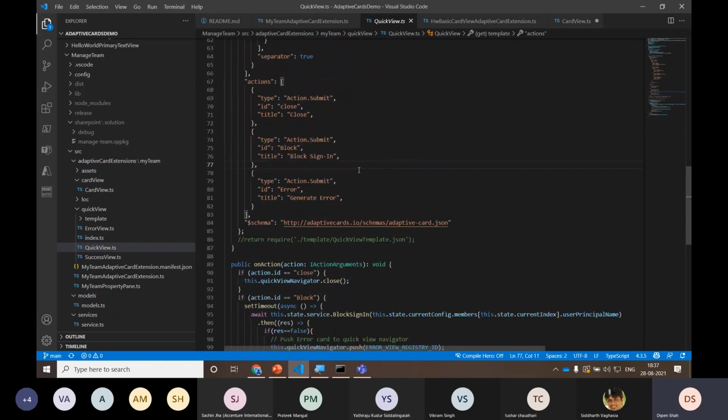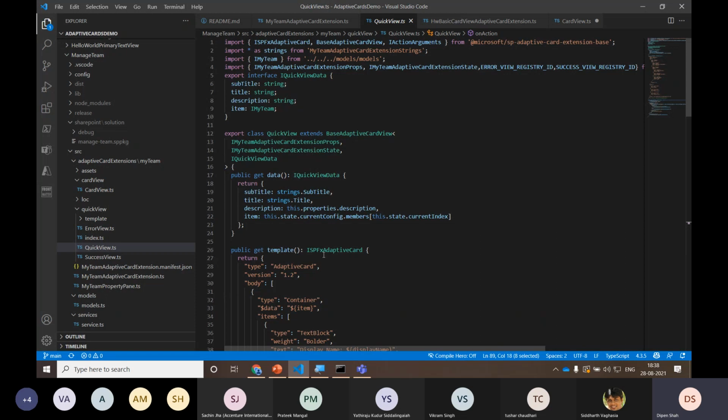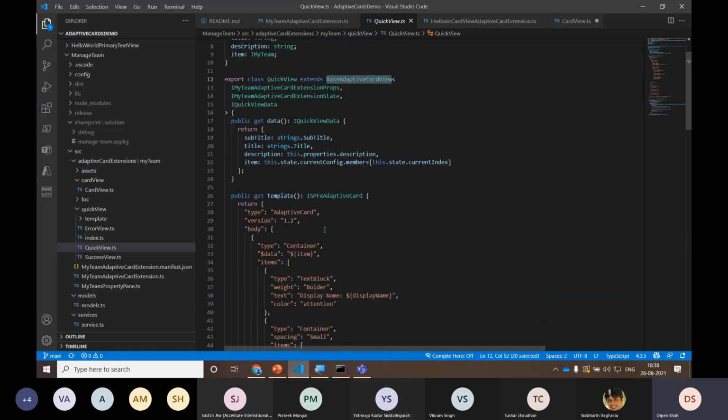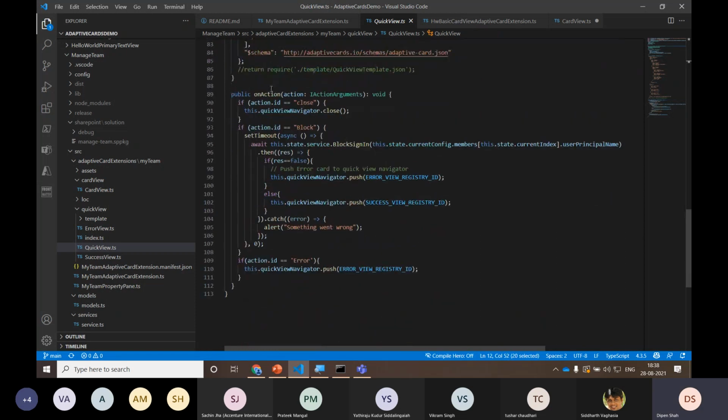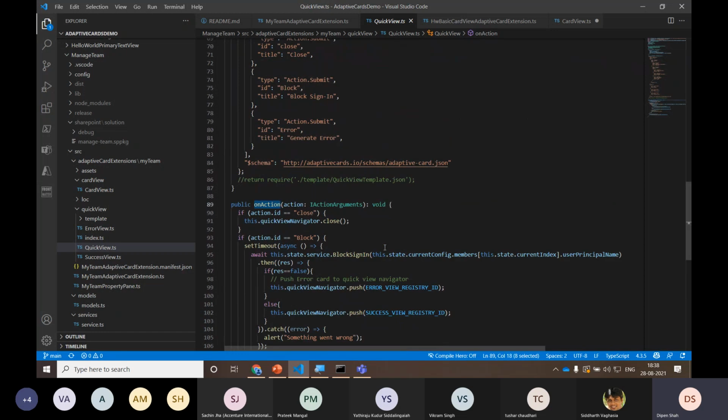And how can I identify on the quick view which button is clicked? There is a method in the quick view file called onAction, and this action is part of the base class called BaseAdaptiveCardView. Inside onAction, I can get the ID of the control which is clicked or triggered.